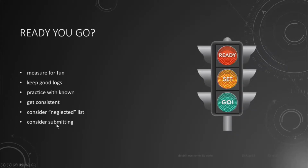But if you are getting more serious about this, getting an eyepiece that you can use to measure this and measuring it accurately and coming up with a good method and getting consistent, and maybe starting out by comparing your results for a double star that's not a binary, use a non-binary system and measure it and see if you can come up with the same numbers and get good results. And we can talk about in the future how you submit that data, how you write a scientific paper and